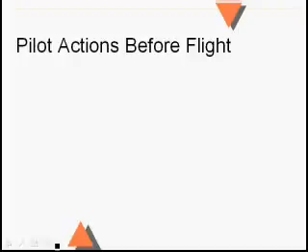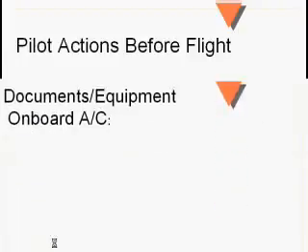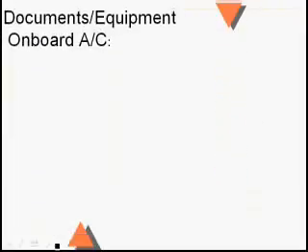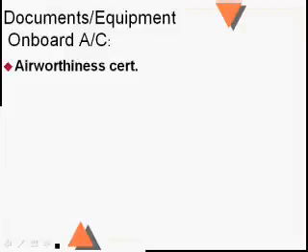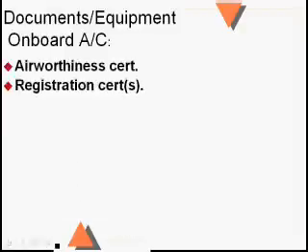It'll probably be something like name 41 of the 39 different things that pilots have to do before they go flying to make sure they and the airplane are airworthy. So let's take a peek here at the first list. Now here's a list of equipment and documents that would need to be on board the aircraft that are usually already there when you show up. Of course, we all know you've got to have an airworthiness certificate. You've got to have a federal registration certificate.